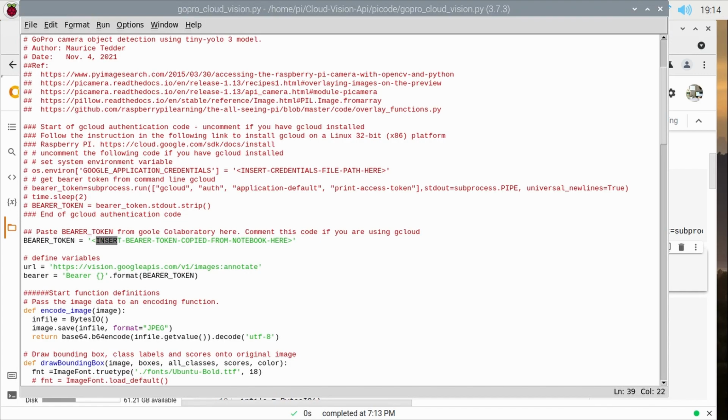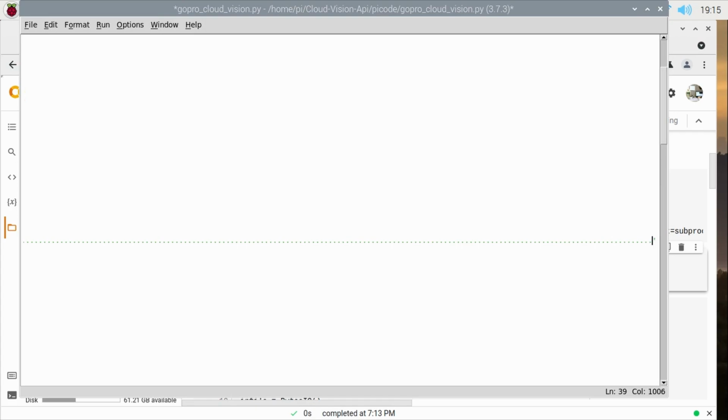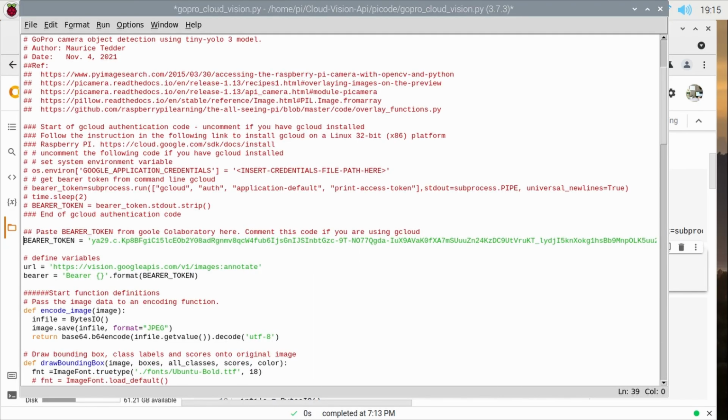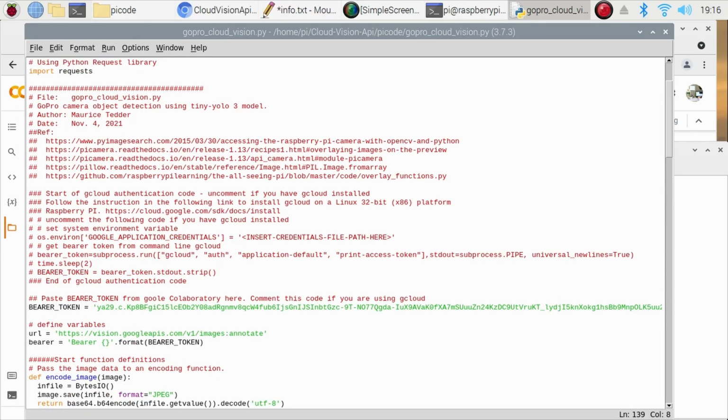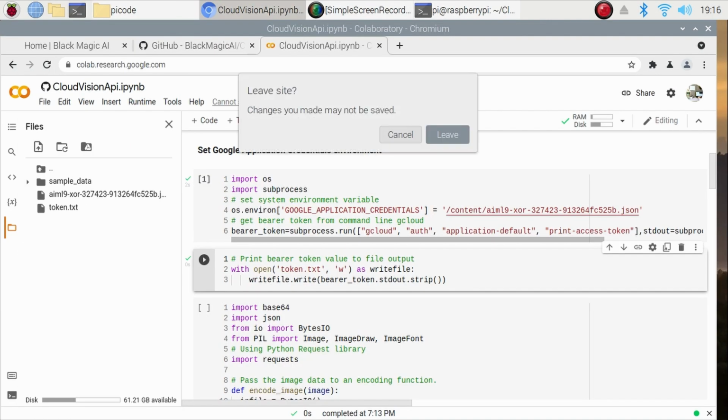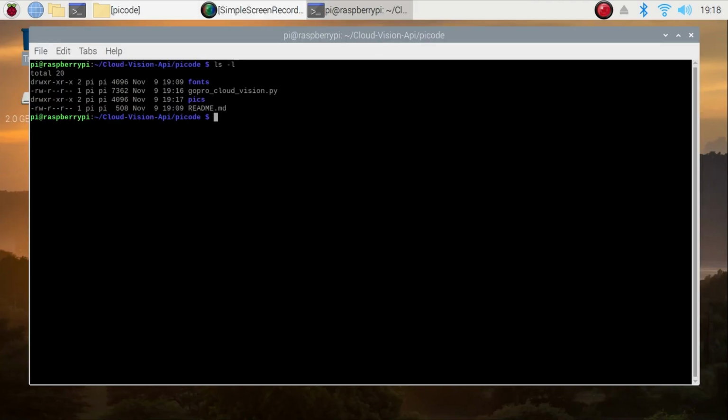So let's just get rid of the placeholder, and then inside the single quotes, we're going to delete that, and then we're going to paste our bearer token that we had from our token.txt file. Now, once we do that, it's a very long string. So the editor here replaces some of the characters with ellipses, just because it can't display them all. But trust me, the characters are all there, so you don't have to worry about that. All right, and then we're going to close our browser just to conserve some resources here. So there'll be less strain on our system when we're running this